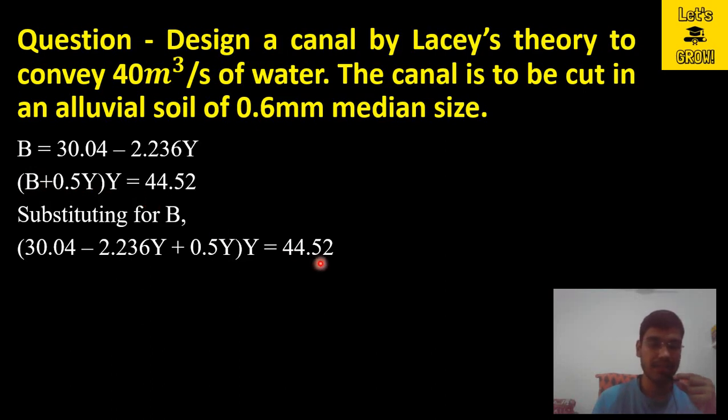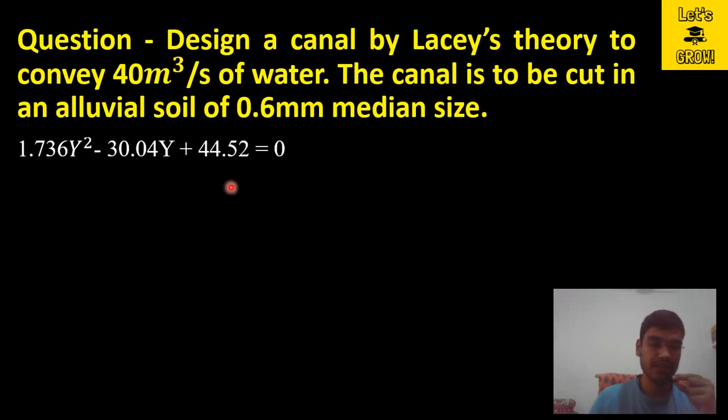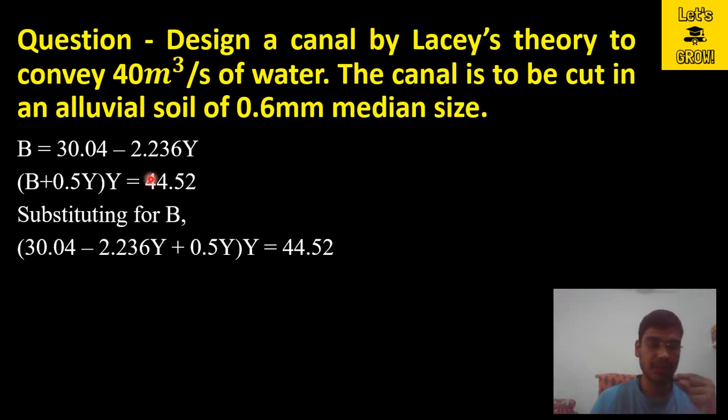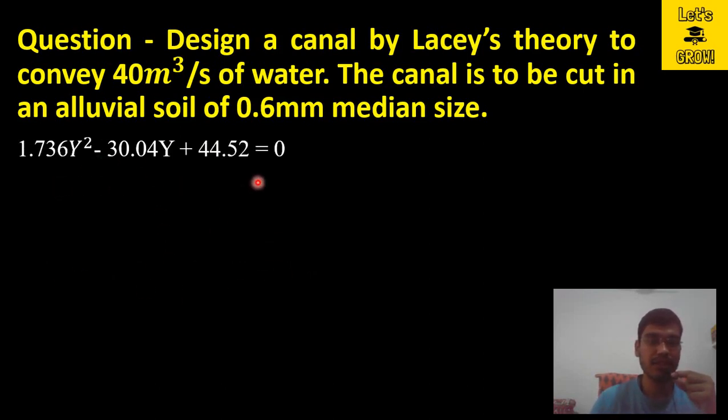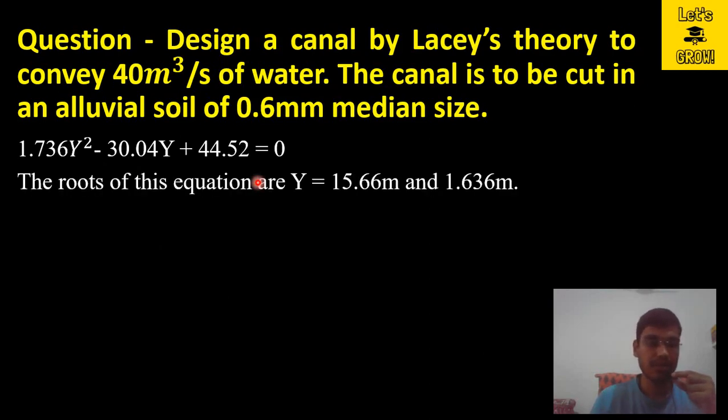You can rearrange this equation. This will become a quadratic equation in terms of y. If you simplify and multiply all these, you can write it in the form of a quadratic equation. The solution of this quadratic equation can be given by using the Sridharacharya formula. The formula is minus b plus minus under root of b square minus 4ac upon 2a. I can't solve this equation here because I do not have the writing pen, so I simply write these two roots, which you can find using the Sridharacharya formula.